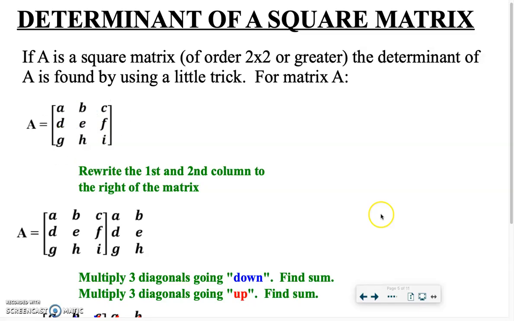And again, something tells me you're going to remember this little trick from previous years. What we need to do is take this first column, and we're going to rewrite it in what I usually call the 4th column location. We're going to take this 2nd column and write that in the 5th column location. Okay? Once we've done that, now when I multiply diagonally going down,